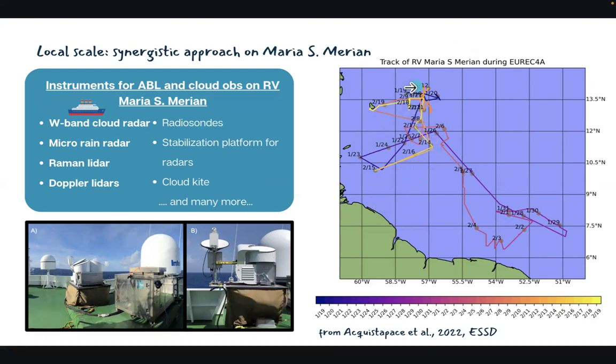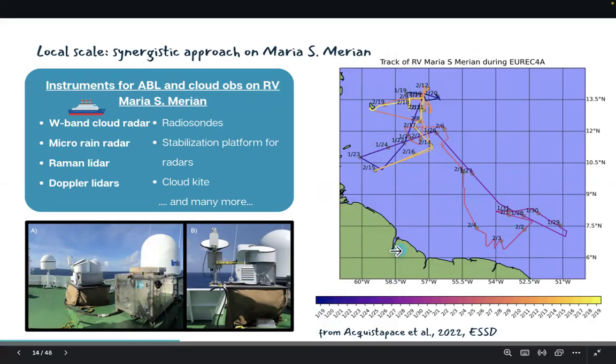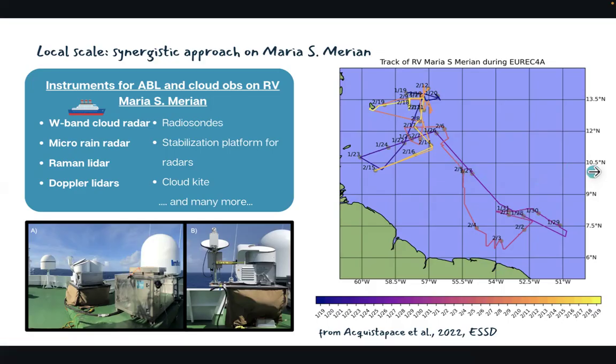And on the right, instead, you can see the track that the ship covered during the campaign as a function of time from the 19th of January to the 19th of February. And so what can we get out of all these observations? I mean, there were also radio soundings, but the analysis that I'm presenting is mainly focusing on the observations from